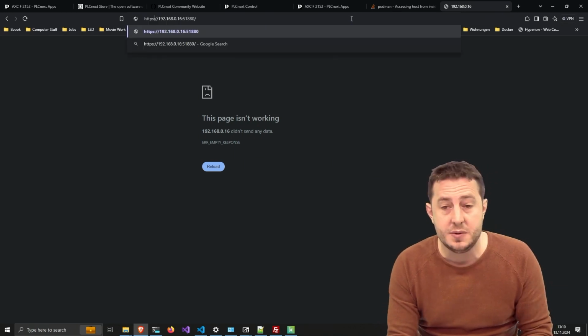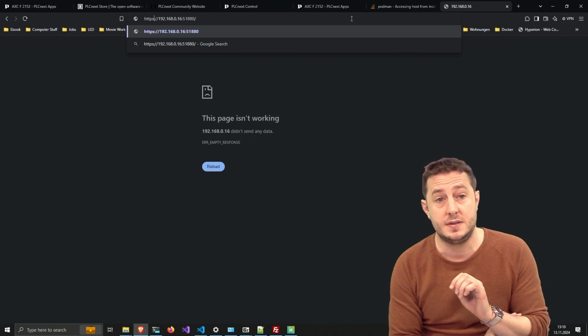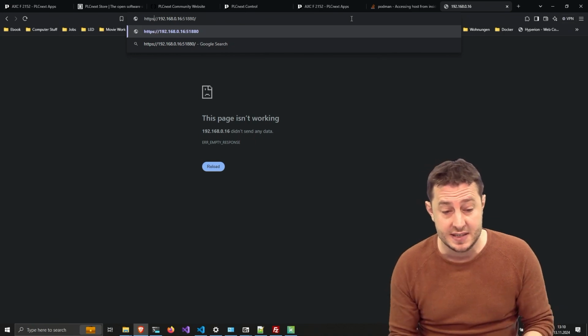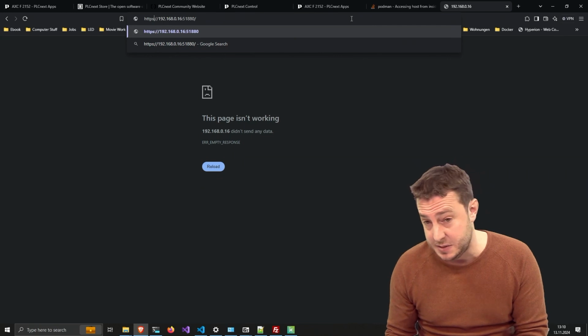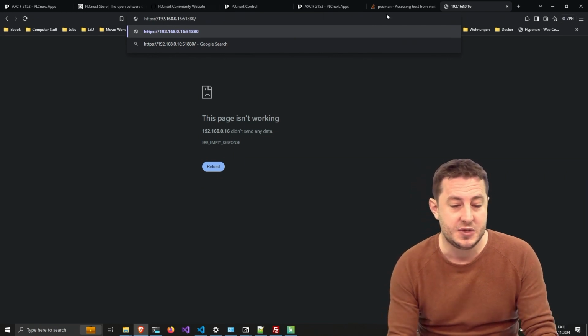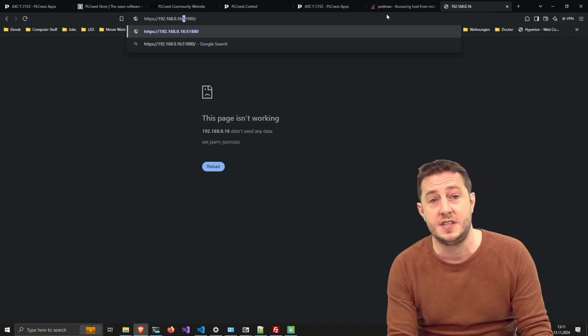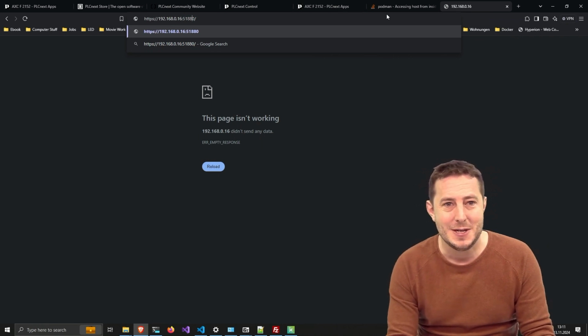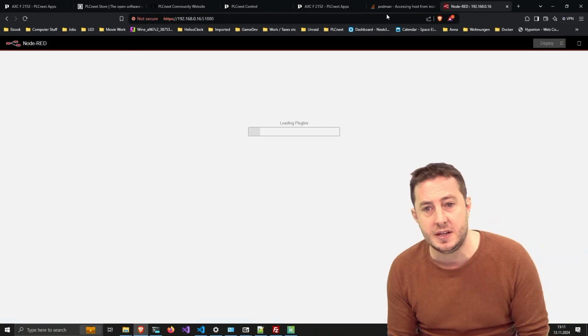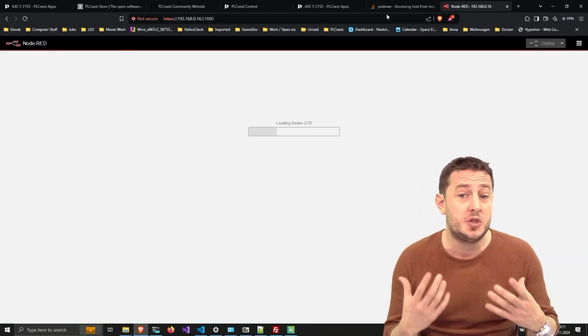Two things to note with our containers from Phoenix Contact. The container is actually built to run only in HTTPS. And what we do a lot is to add a 5 in front of the default port. Okay? So with this information you will be able to log into all the containers, but you could have changed